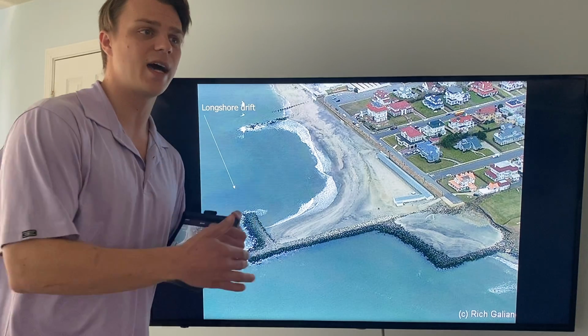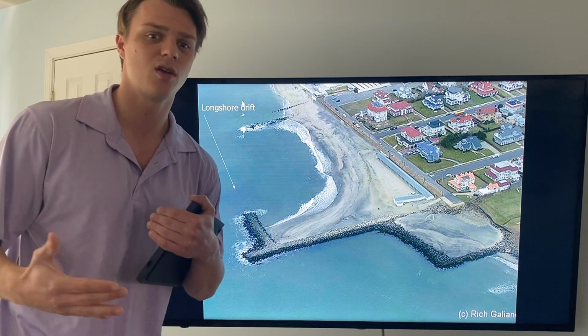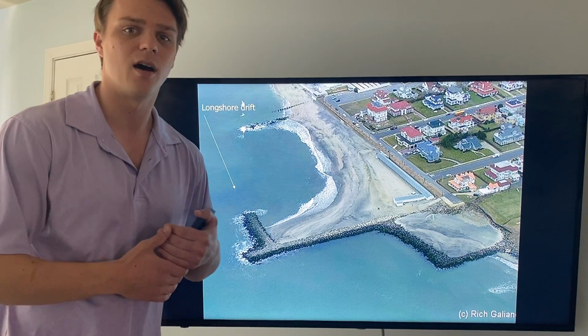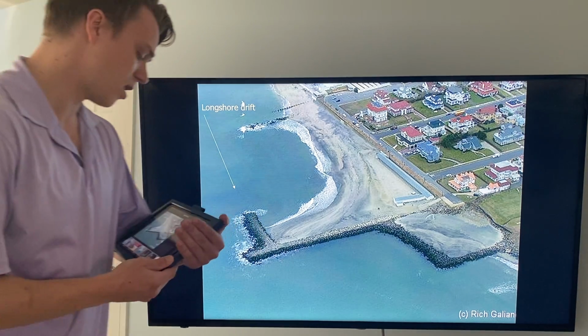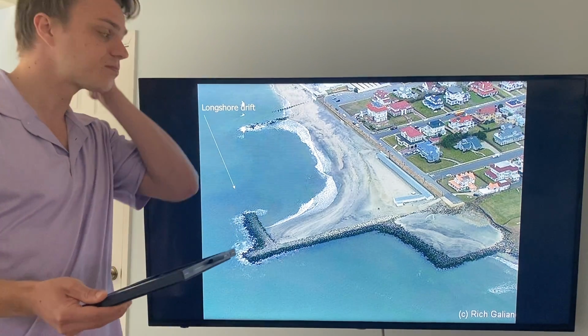Why does it change a lot here but doesn't change in other locations? Why is there more or less sand? Why is there sand at the beach? And we're going to address a lot of that. So first off,